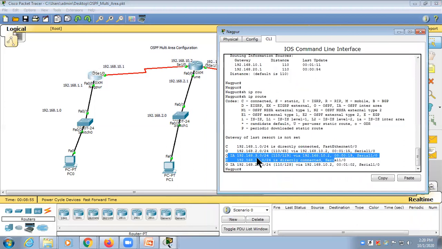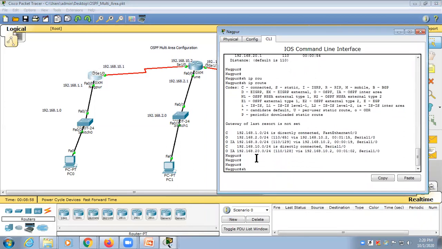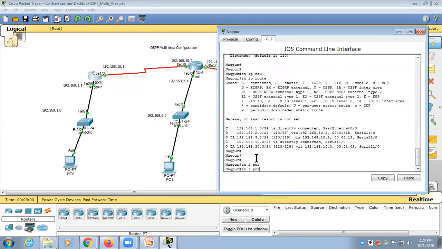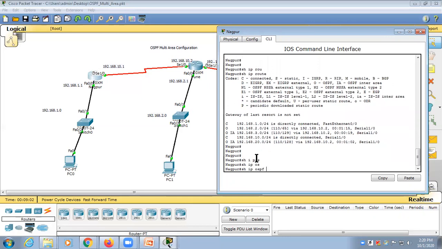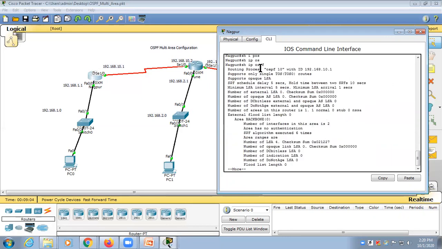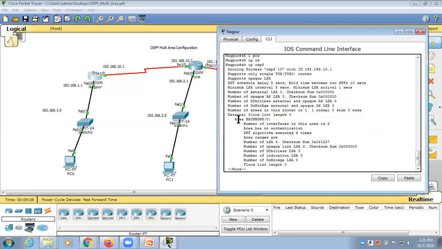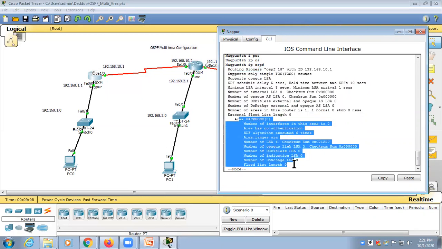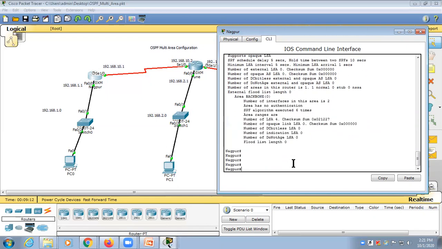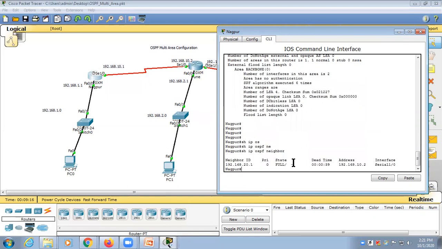To check more commands, we can type show ip ospf. We can see the OSPF details, guys. Here the ID is set, all the packets are there, area backbone 0 is there, and other packets are also showing. Then type show ip ospf neighbor. Who is the neighbor to the Nagpur router? That is 20.1, because 10.0 is also a network. So 20.1 is the neighbor.